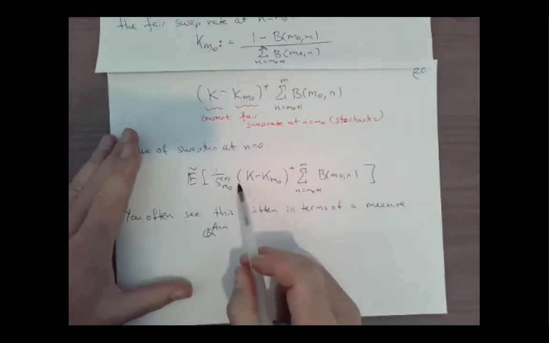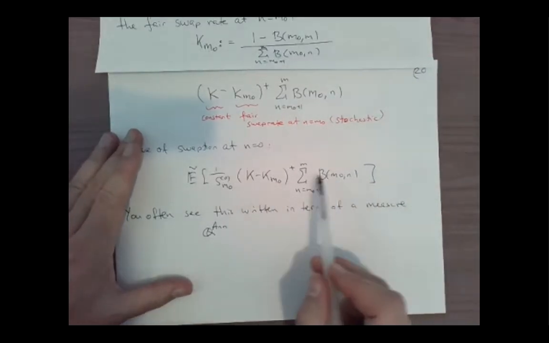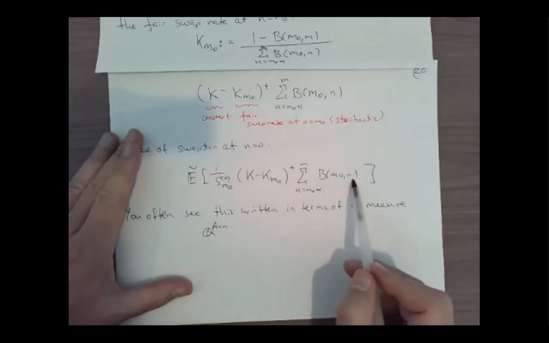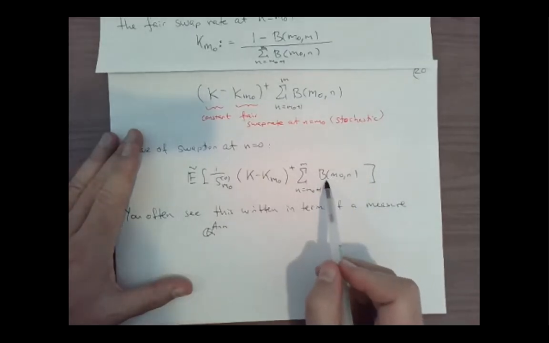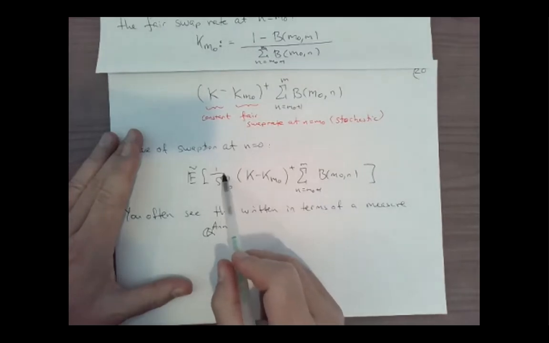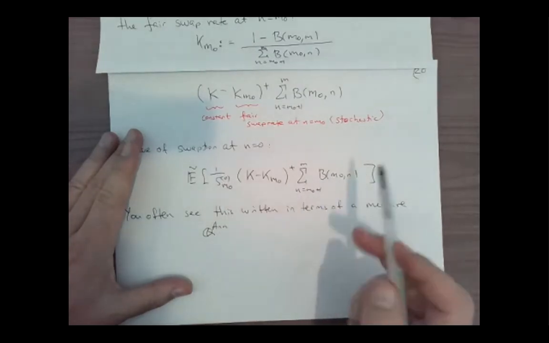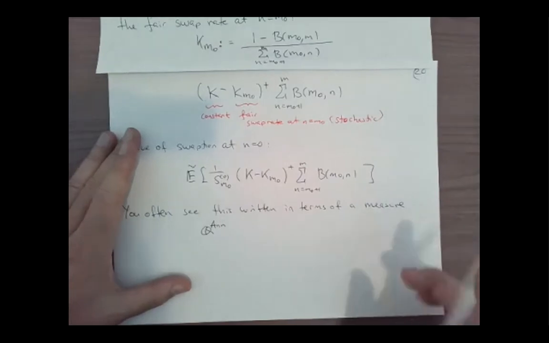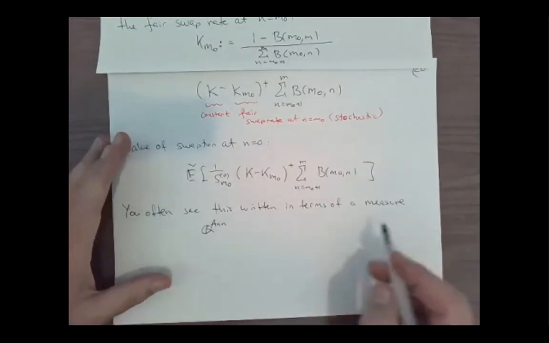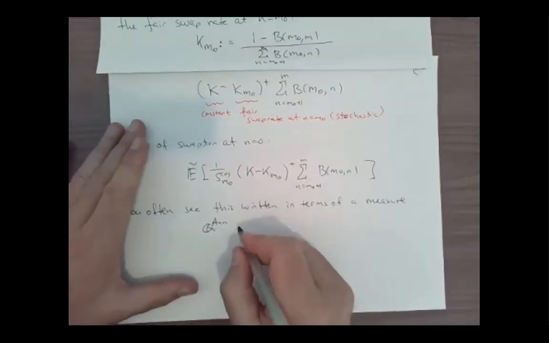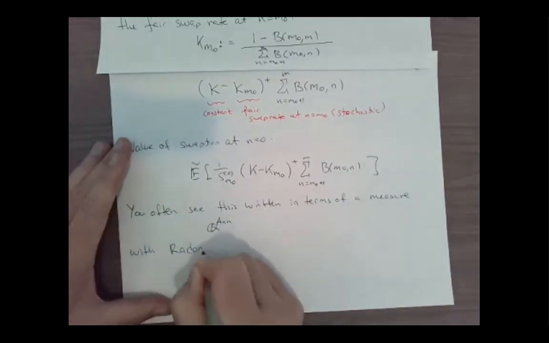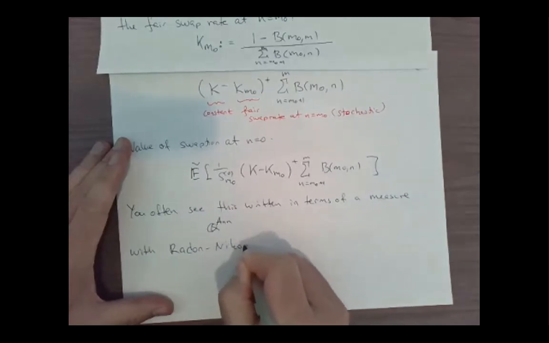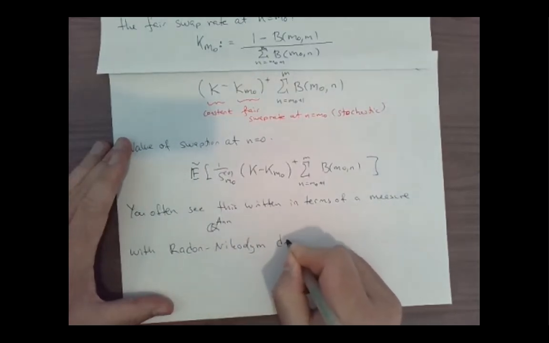The way that it works is you have a discount factor and you have zero coupon bonds. When I discount the zero coupon bonds with the money market account, I get a martingale. So it's often written in terms of a measure QN with a Radon-Nikodym derivative